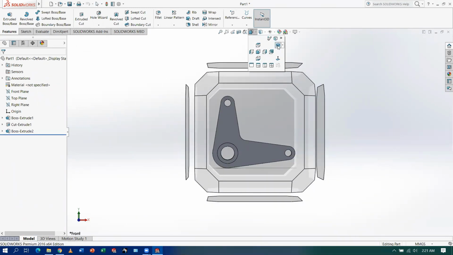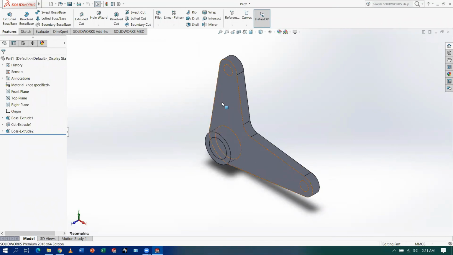Isometric view. Now this is done. Perfect.